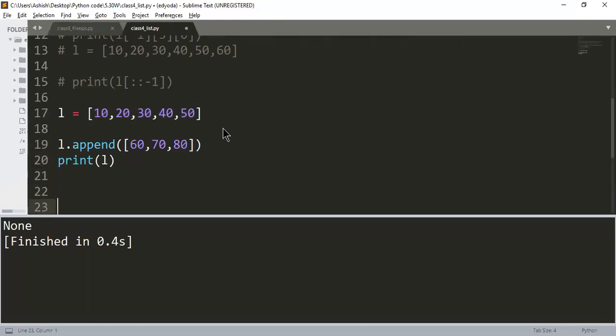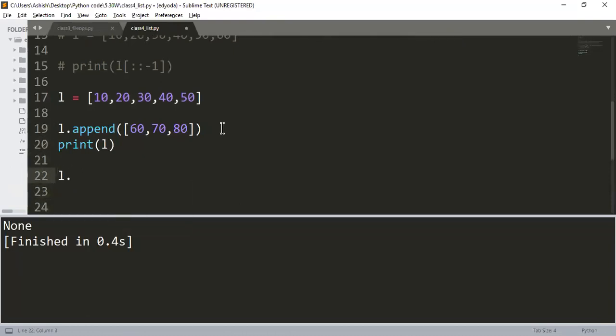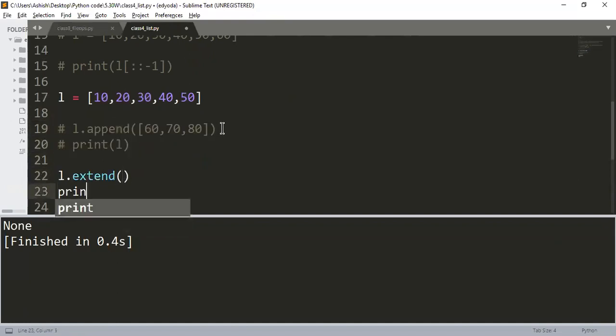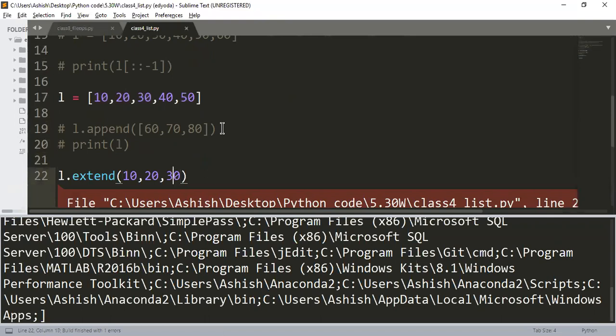Similar to this, if you want to add multiple elements, just have a look and tell me the difference. So I'm saying L.extend. The extend method will also pick only one argument, so if I pass more than one, this will throw me an error. Again, your L.extend will not return you anything. But if I pass something like this, 100,